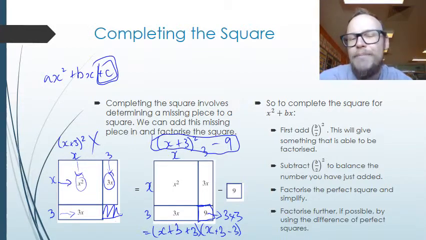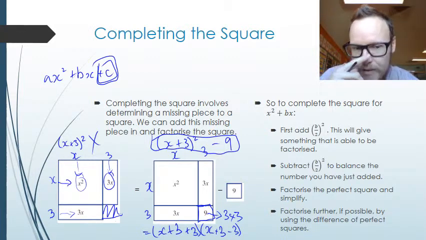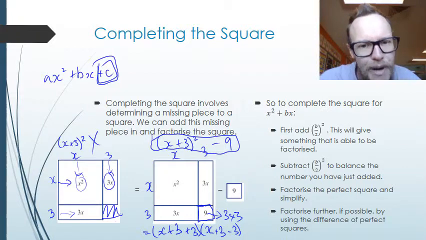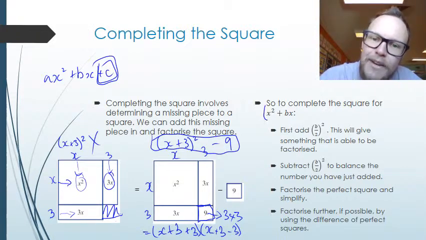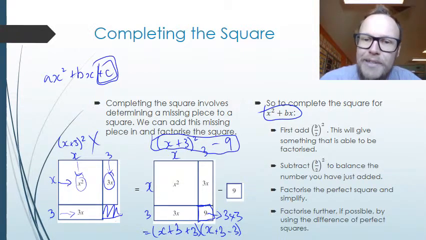So here are our steps for completing the square. And remember, having these diagrams might help you. If you are struggling at all with any of these, we can have a look at trying to draw a diagram to see if we can solve it. If we get a format of x squared plus bx, and we're asked to factorise by completing the square,